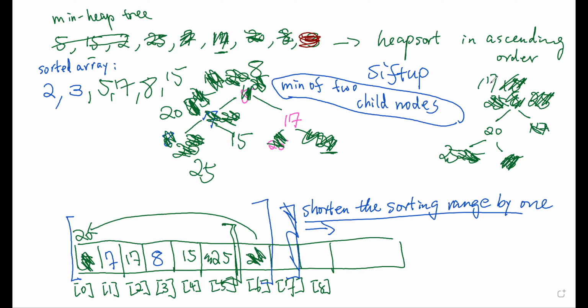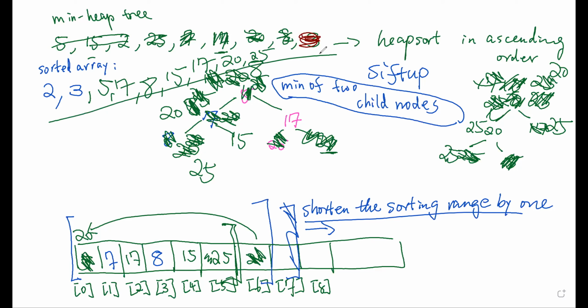So you need to get 17 there, 25 here. So now you have 17. Up 17, then bring 25, then you swap with 20. So 20 is here, 25 is here. Then you have 20 and 25, so the sequence is sorted. Okay, so this is a general idea, we did go over step by step